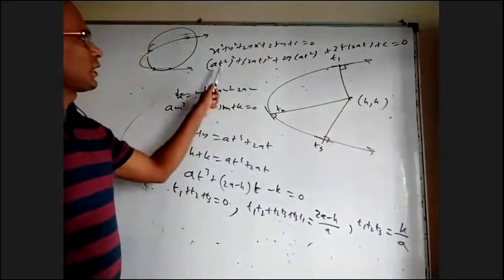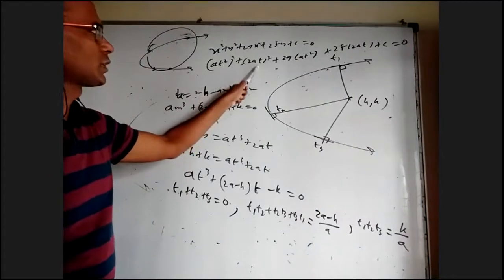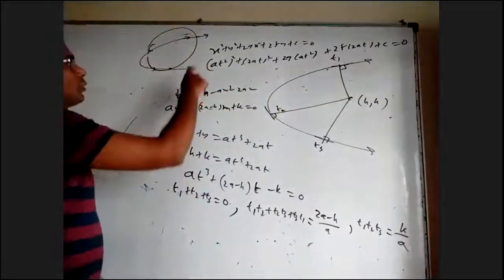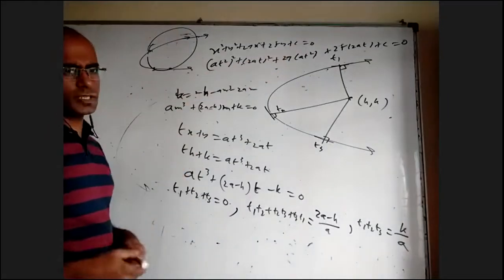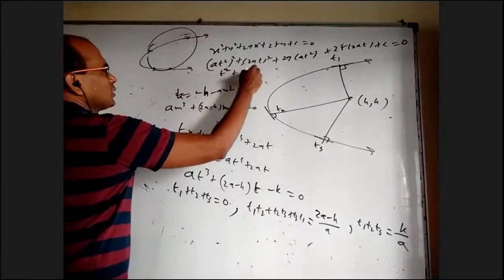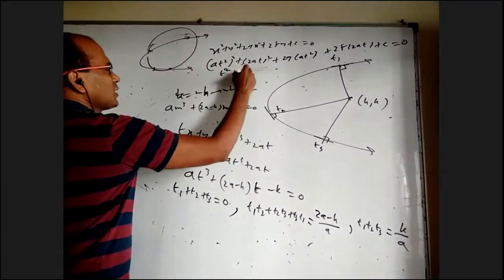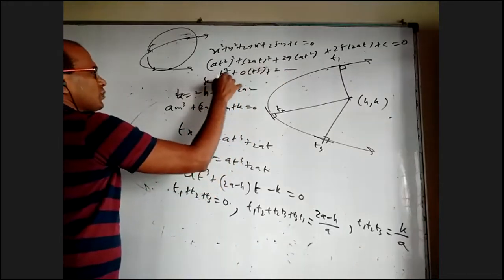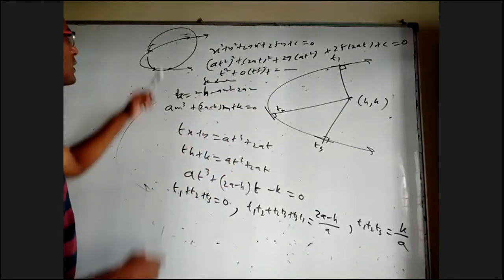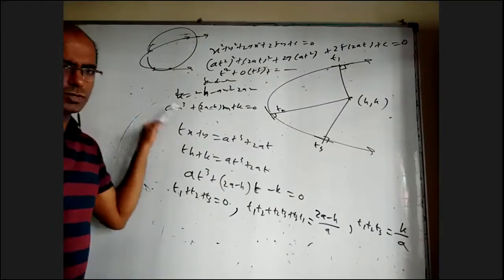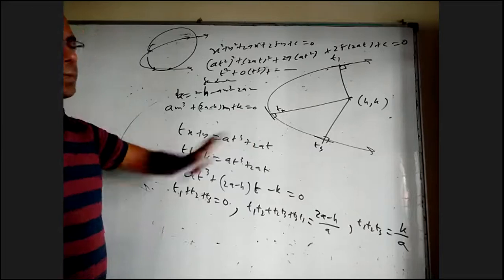When you expand this, I have t^4 here, t^2 here, t^2 here, t here, and a constant, but there is no t^3. No t^3 means that for this fourth degree equation, the sum of the roots is 0. t^4 is there, t^2 is there, but t^3 is not there, 0 times t^3. Because of that, the sum of roots is 0. So whenever a circle and parabola intersect, there will be 4 points of intersection, and the sum of the t values is 0.